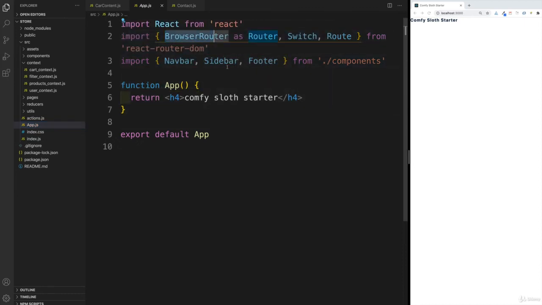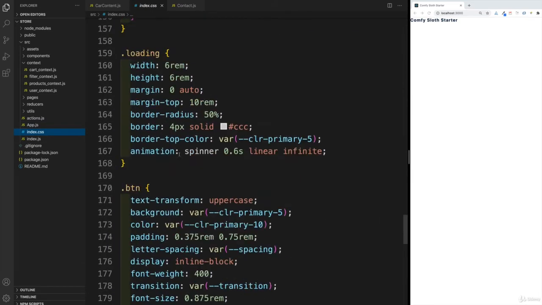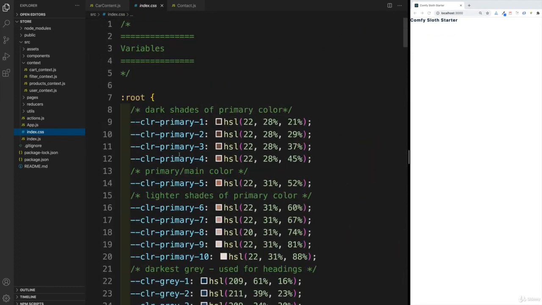In this case, we have, of course, the router, the React Router, and also some components that I would want to display on every page. Like I already mentioned, index.css, we have the global styling, but there's going to be specific styling for the components that we're going to set up using CSS in JS. So styled-components in this case.